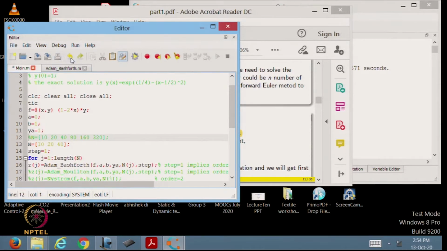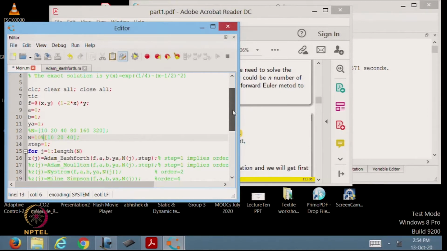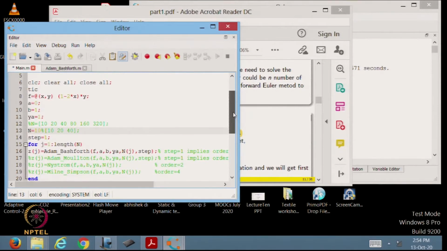And after that I am choosing a sample point n which is equal to 10, 20 and 40. For the time being, initially I can take only 10. And then another variable which I am considering is step, which is equal to 1.